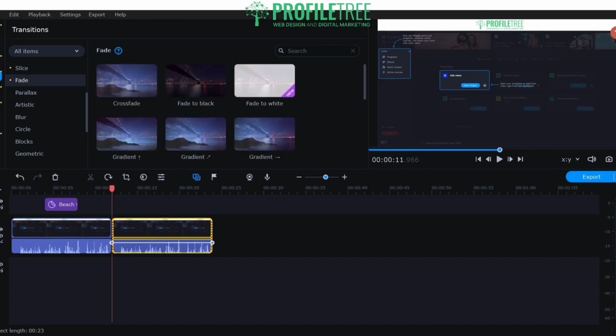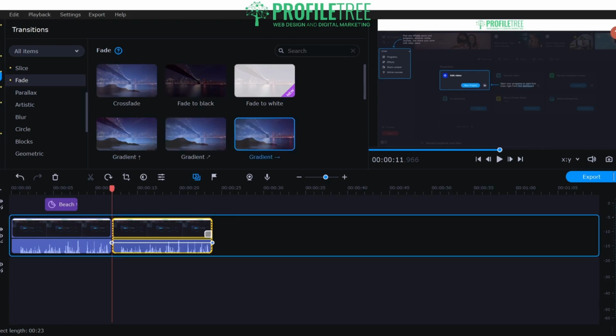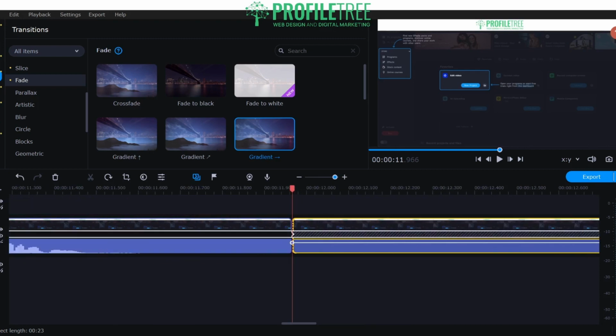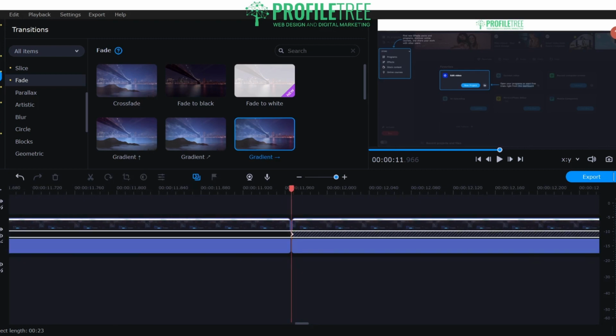So we'll try one out. We'll do the fade. So we'll go from gradient. So we'll add it in between the clip. You can see that it's been added there. If we go closer to it, that is now going to enable us to fade it in. There's that transition, as you can see. Now, if I play it,